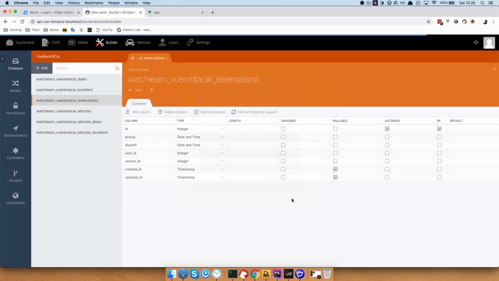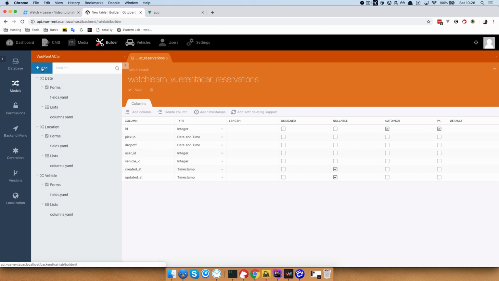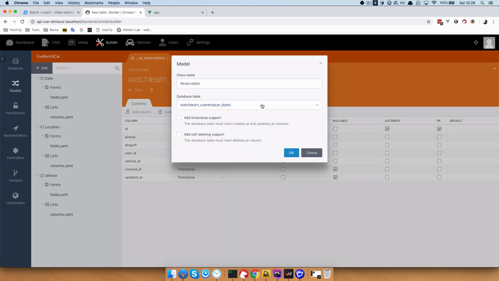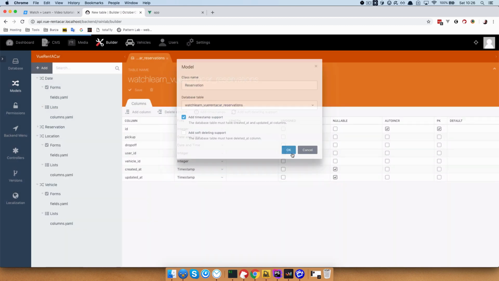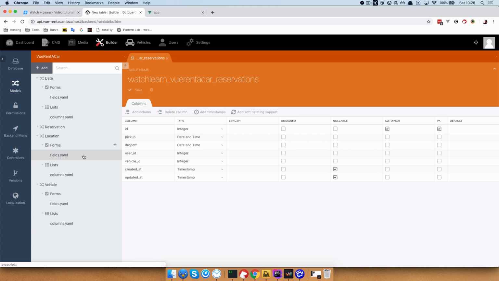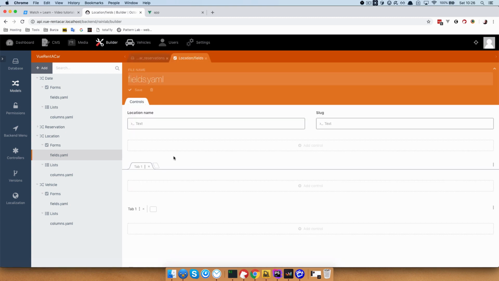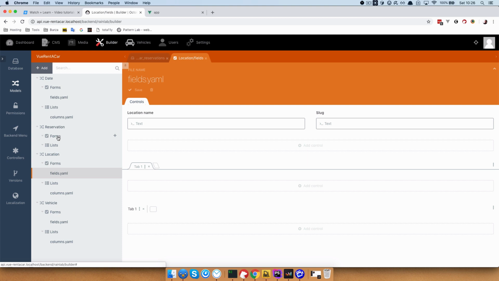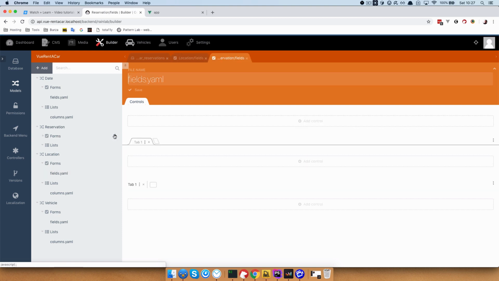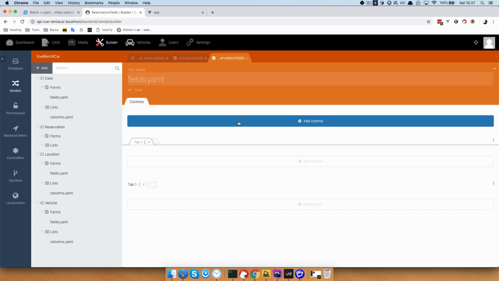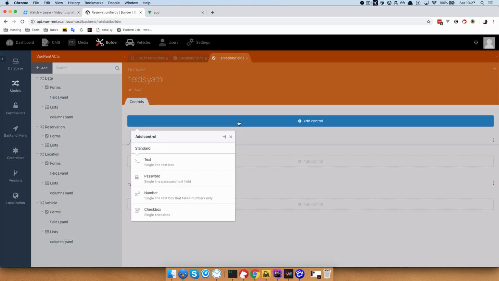Save this, save and apply. Okay, now we create our model. Reservation, we use the reservation table and we add timestamp support. Okay, now right here we need to add some fields. You don't technically need to do this because the user is the one that should be creating those reservations via our front end. But you may want to have this option so that you can maybe change that reservation